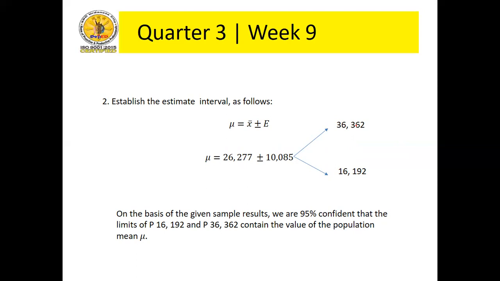So on the basis of the given sample result, we are 95% confident that the limits of a minimum of 16,192 and a maximum of 36,362 contain the value of the population mean. Meaning, within this estimate interval, we can see the total amount of repair if we repair those damaged cars in Davao within this range of 16,192 and